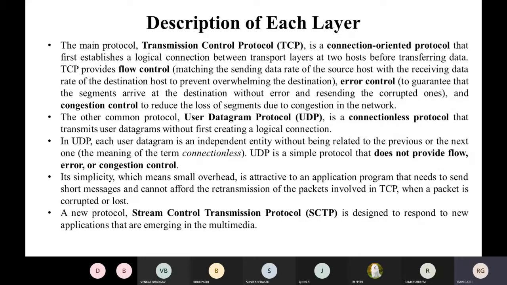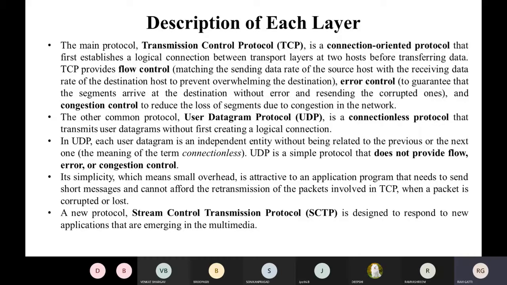So in the TCP protocol, before transmitting the data I will verify, through some signaling, whether the receiver is active and can receive the data or not. Okay, so therefore we call the TCP protocol a connection-oriented protocol,